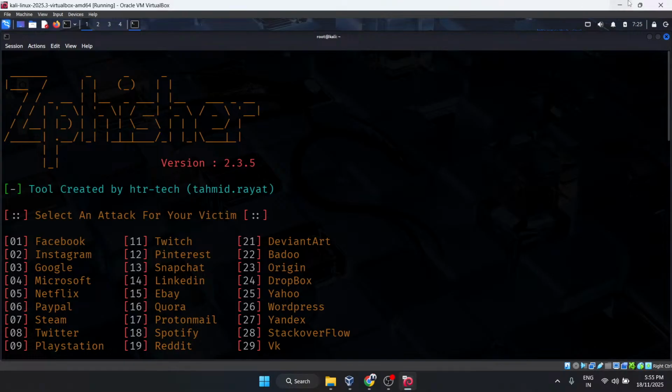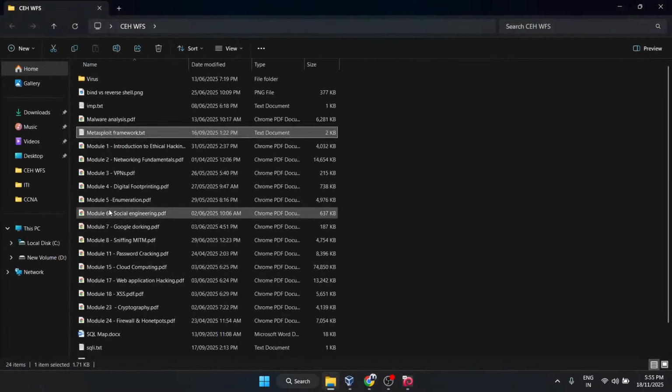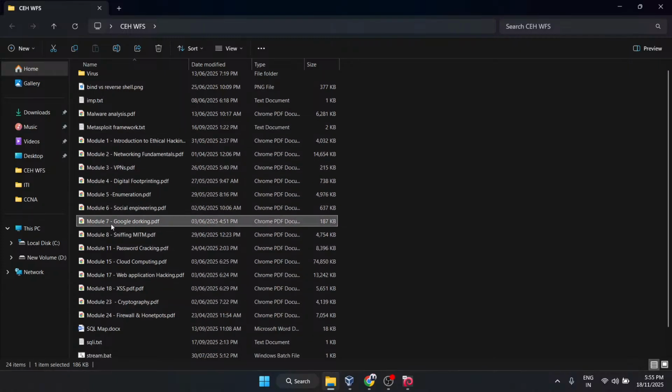Tomorrow we will start with our Google Dorking topic. We will be starting with Google Dorking tomorrow at 5 only. We have completed social engineering. Next will be Google Dorking, then the man in the middle attack. For that, we will be covering a very good tool, Wireshark. That is a very important tool. So tomorrow Google Dorking, then Wireshark, then the man in the middle attack.